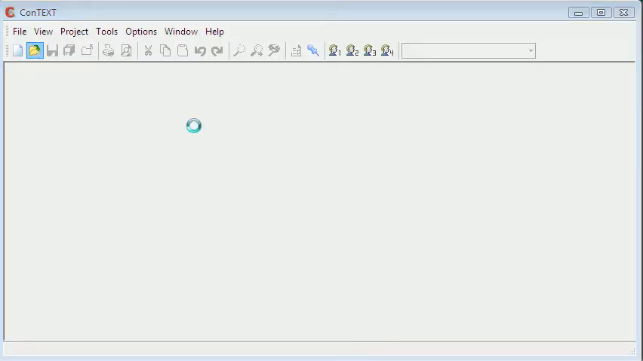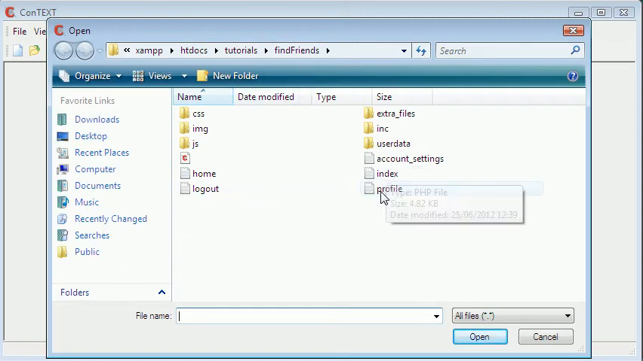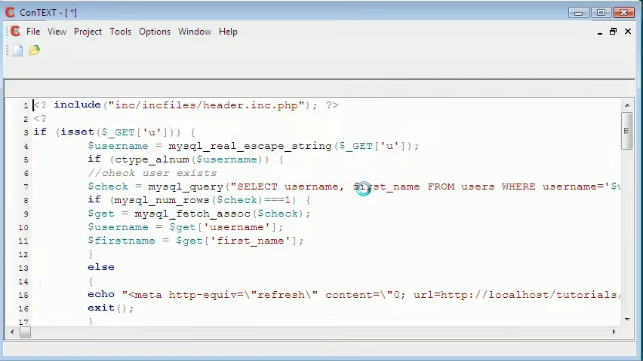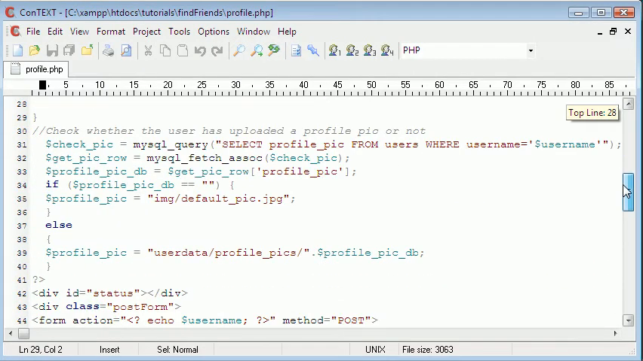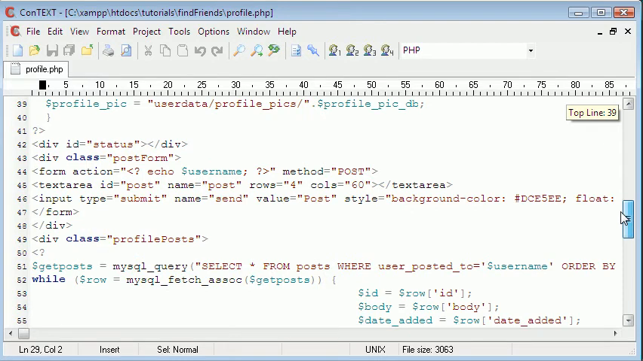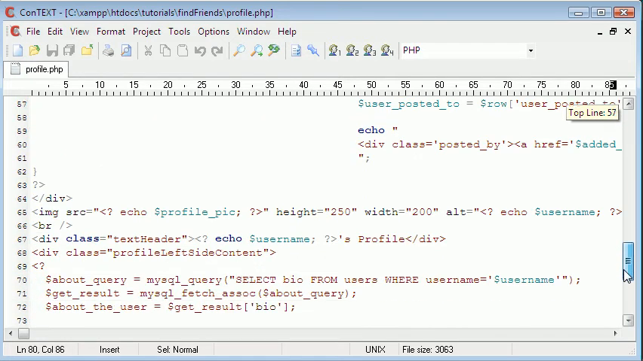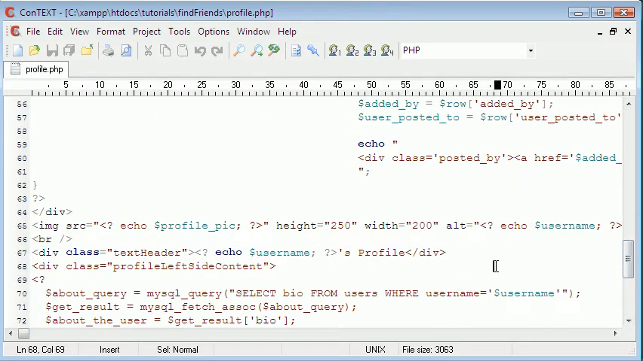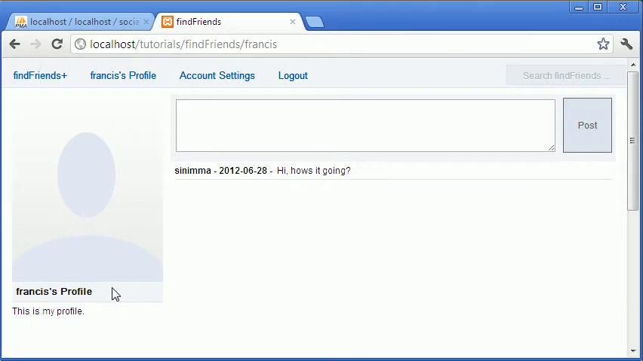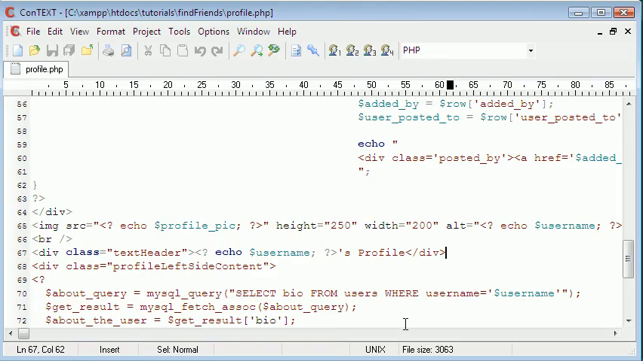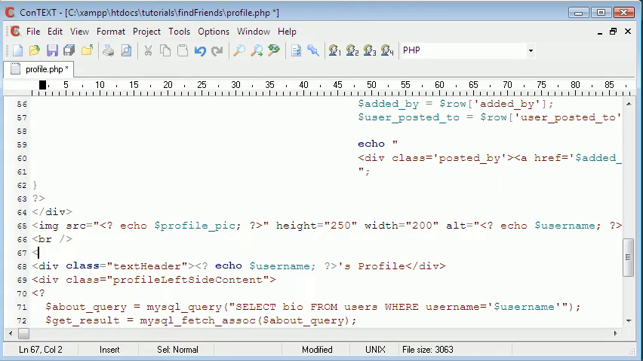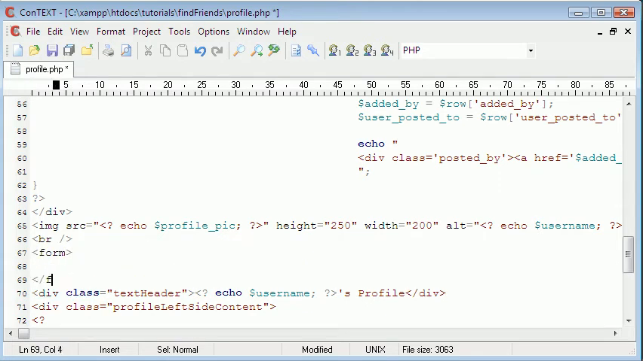So let me open up profile.php. Okay, so first we need to add the add friend button. I think I'm going to have the button here right above the person's profile name, so I'm going to put it in here. So I'm going to create a form,